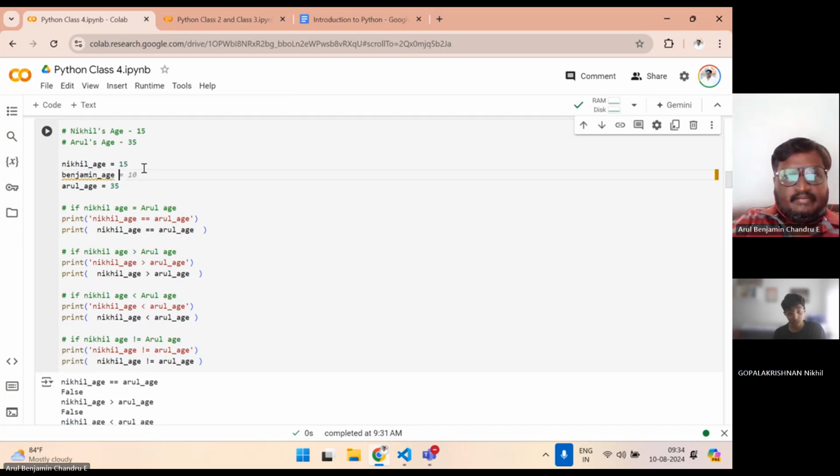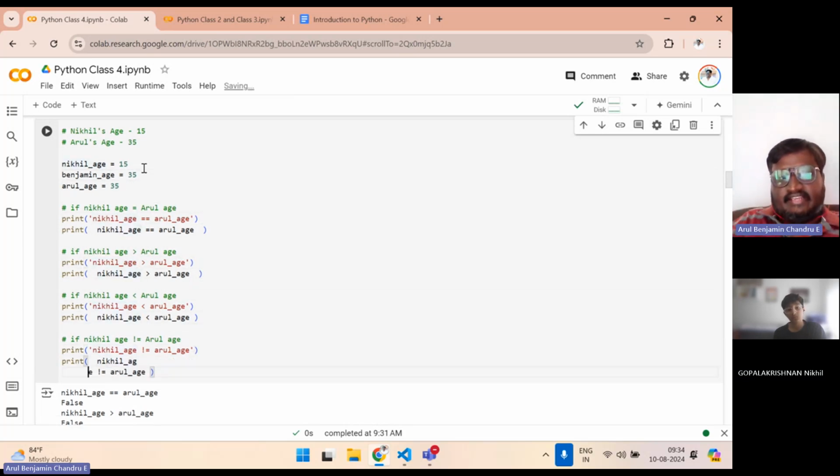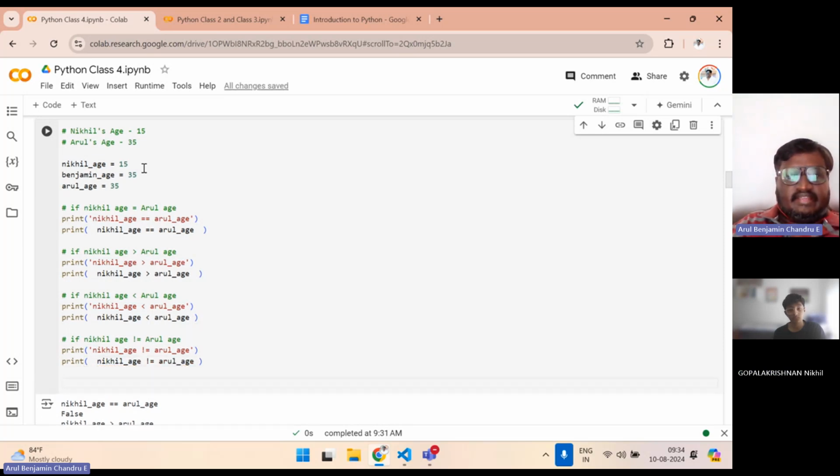My age is also 35. There is an operator called greater than or equal to. Maybe it might be greater, or maybe it might be equal. If I put